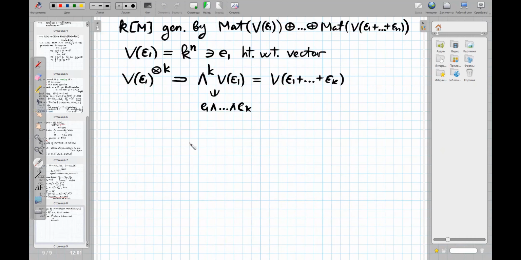So we conclude that the coordinate algebra of M is generated